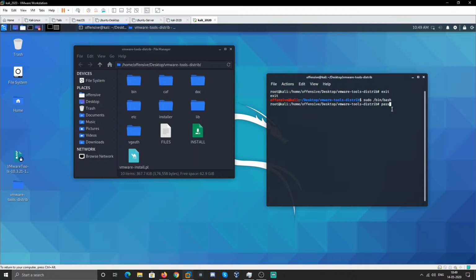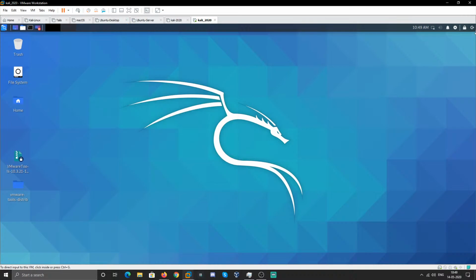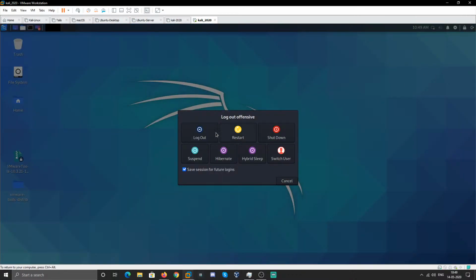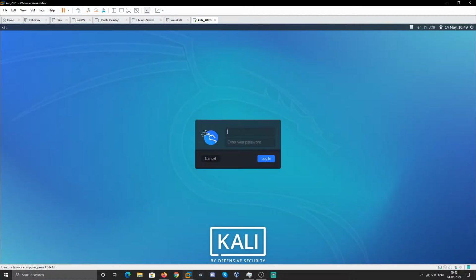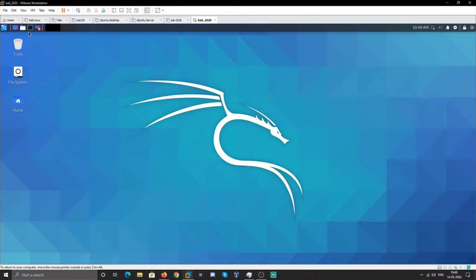Now let me write the password, I'm going to give the new password, and yes, exit, close. Now I can go for root. Now I'm in the root, and let's focus on the